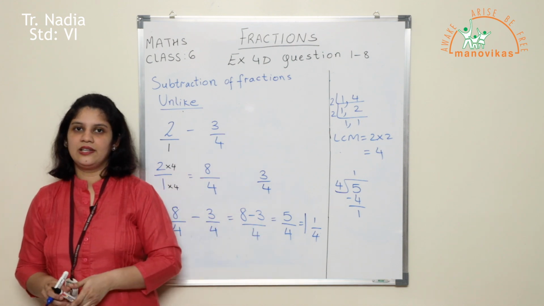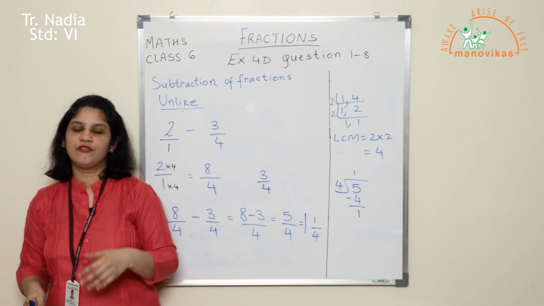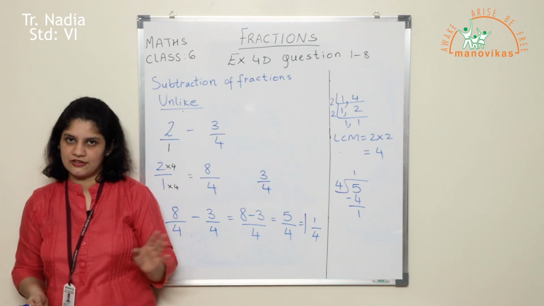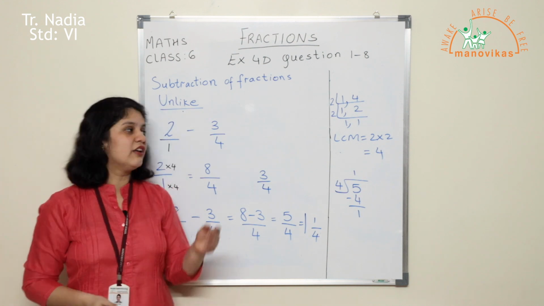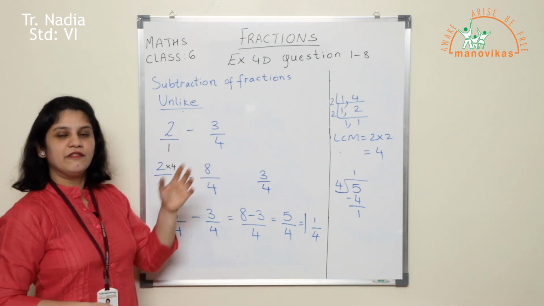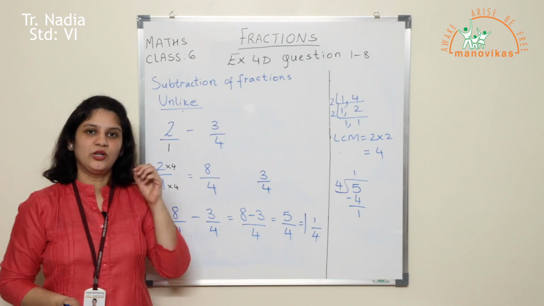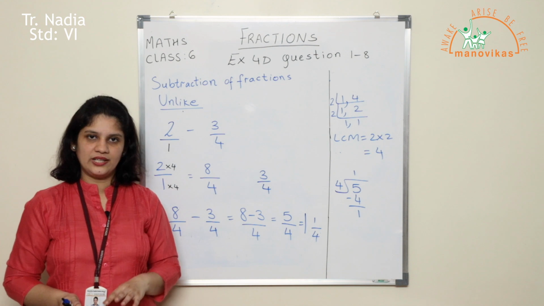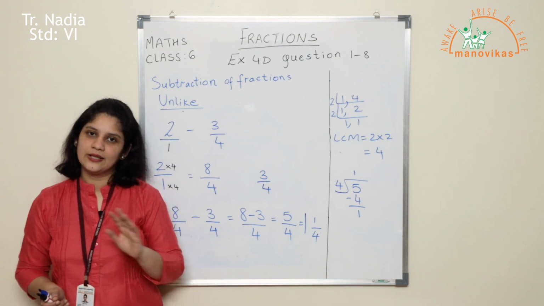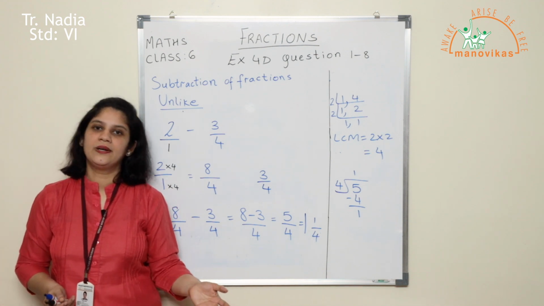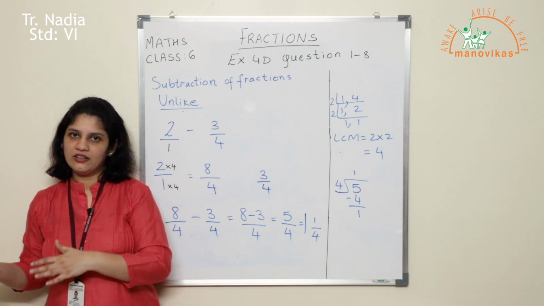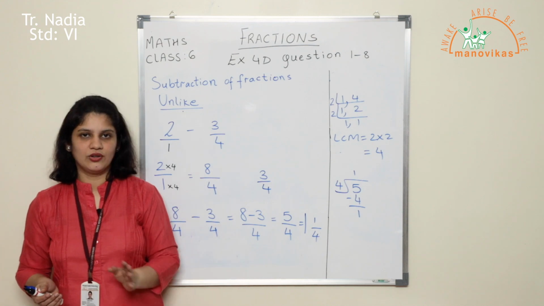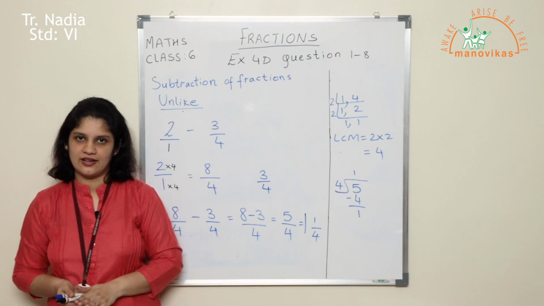So once again I am telling you children, in the question if you have mixed numbers, first convert them to fractions as I've shown you. In the question, if you have whole numbers like this, which do not have a denominator, put 1 in the denominator. When you put 1 in the denominator of any whole number, the value remains the same and your whole number is also made into the fraction form. So please remember these two rules and follow them step by step to get the correct answer.